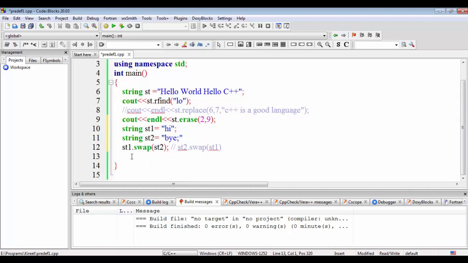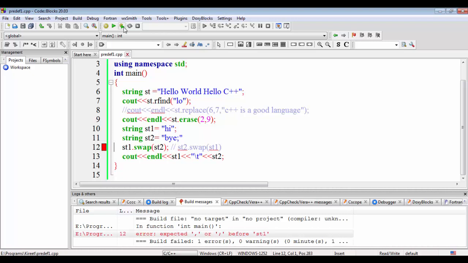If I want to see the contents now, I write cout, endl, and here st1 followed by a tab and st2. Now st1 will contain "by" and st2 will contain "hi", because the swap function has been applied. Let's check it. It says error, expected something before st1.